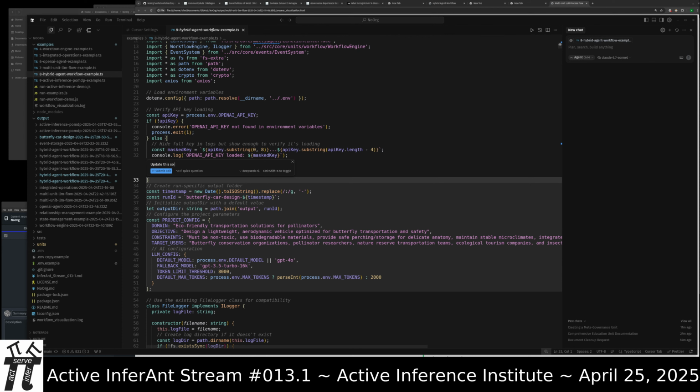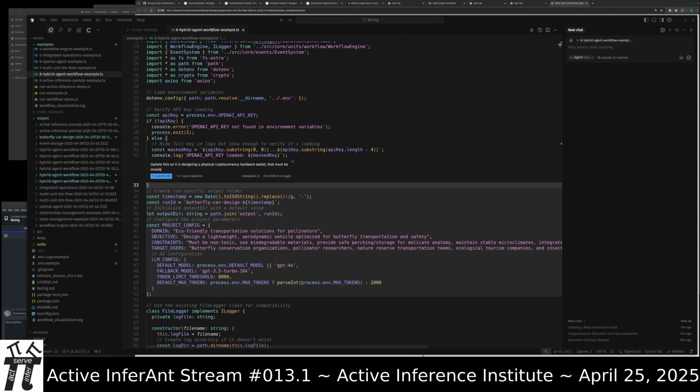Update this so it is designing a physical cryptocurrency hardware wallet that must be invisible and waterproof for children.